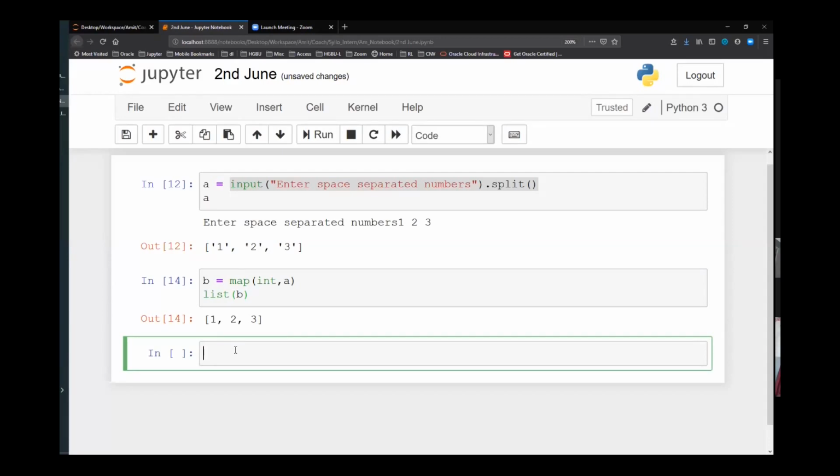So in first class I was giving this example: what if there is a code where if you enter 1, the output will be the string ONE, and if you enter number 2, the output will be string TWO. And until user presses Q, it is going to be in loop.